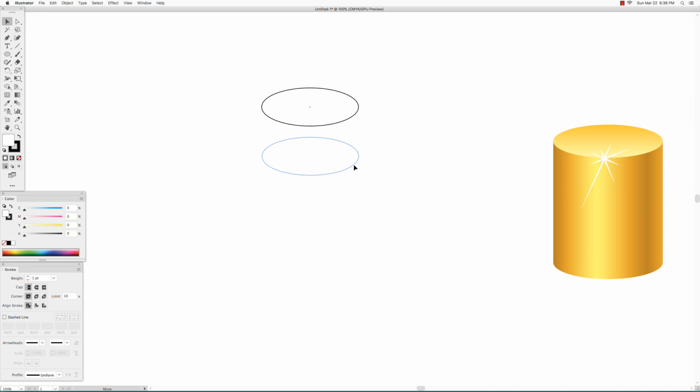Once you start dragging, hold down the Option key. As you can see, the cursor will change into a double arrow right there. That means this ellipse will be duplicated as you drag. And then also hold down the Shift key so that it gets dragged down perfectly straight. So to constrain the ellipse as you move it